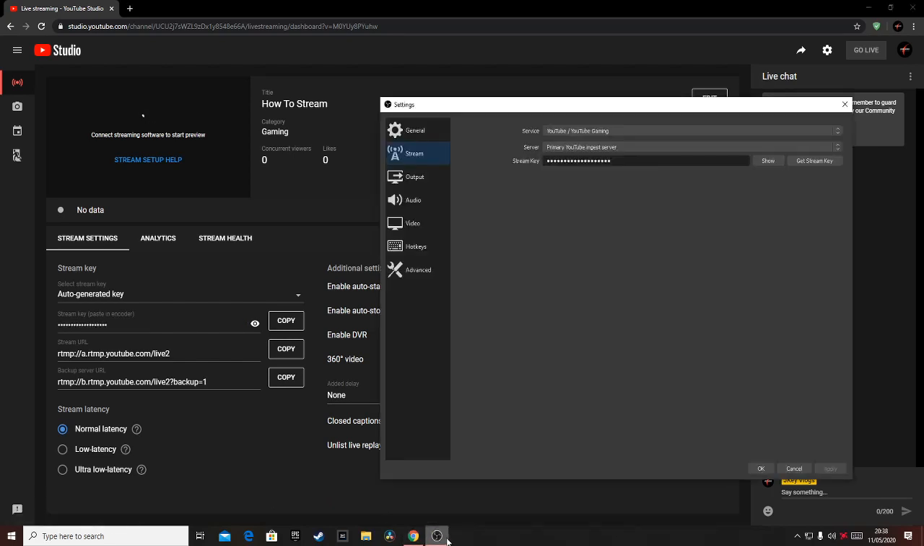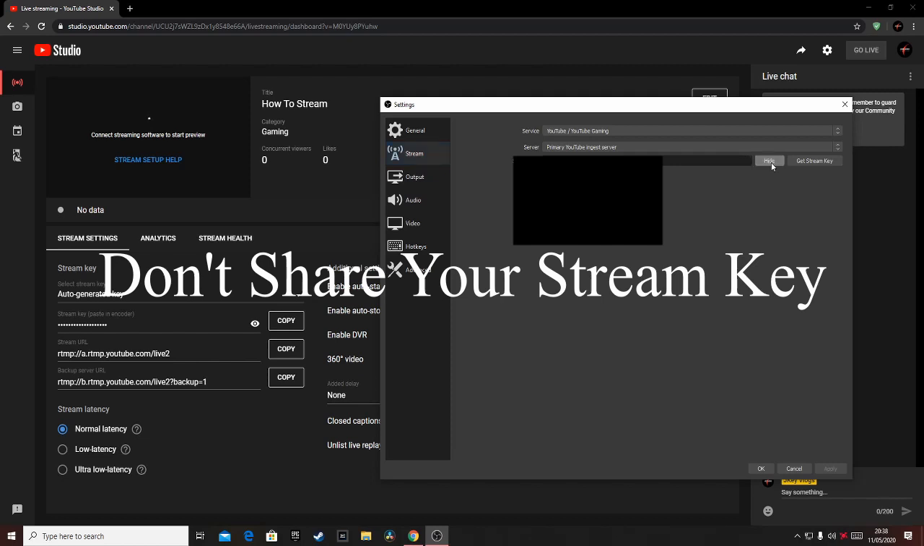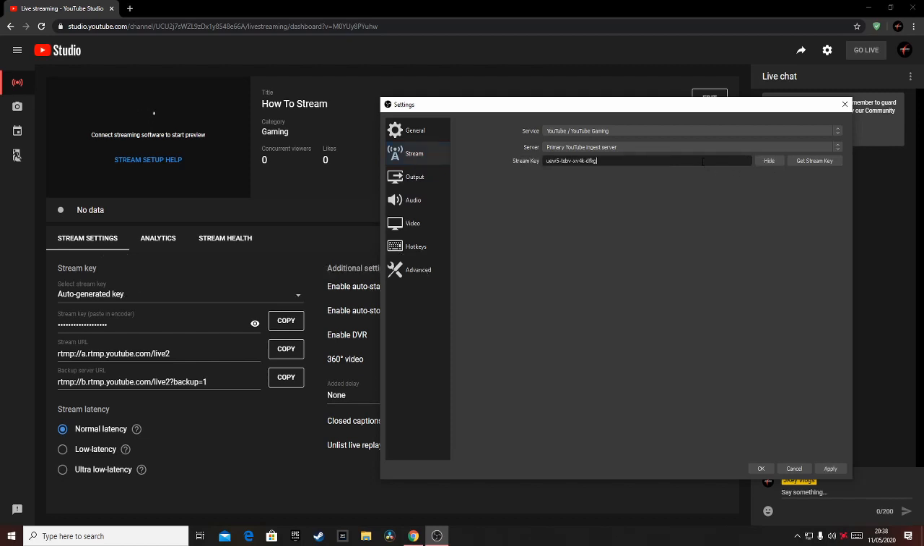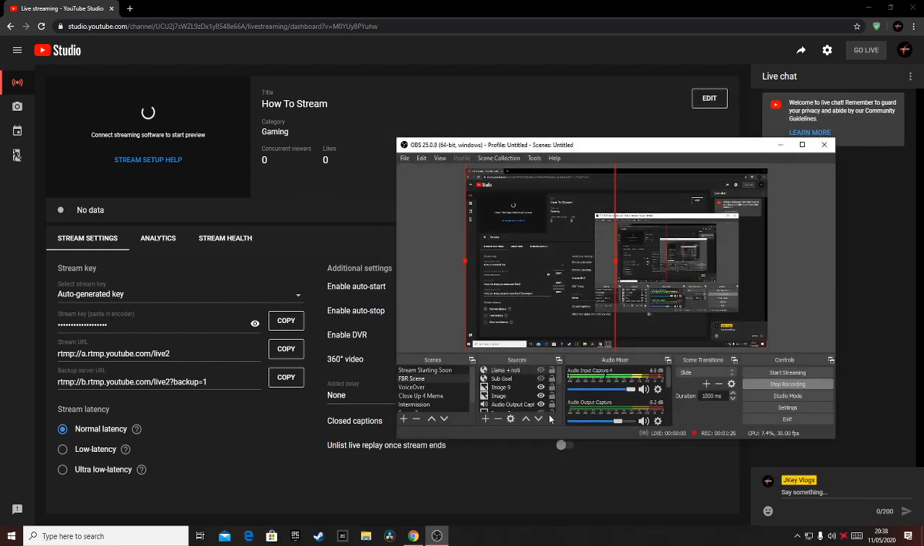You then need to go back to OBS and see where it says stream key here. You need to delete it, and then Control V and put that stream key in there. And now if you press apply, that is all good. So now if you press start streaming,